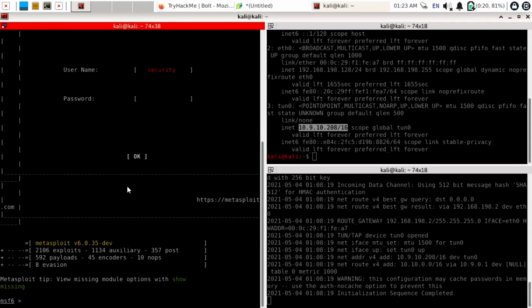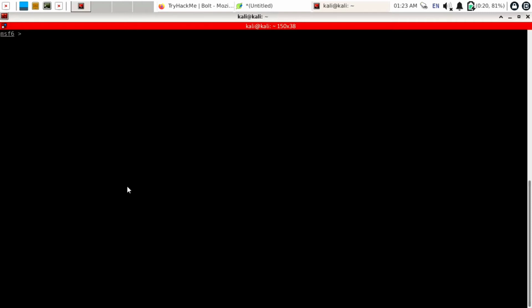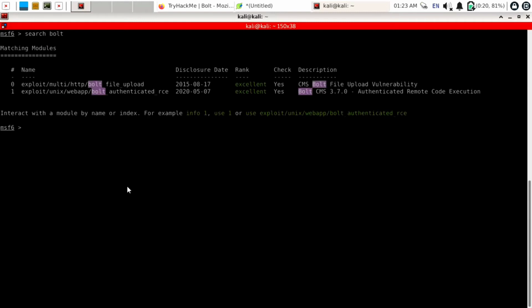To extend this you can use the Ctrl Shift X command. Now to clear the screen you can use Ctrl L, or else you can use the clear command. Here we need to find the exploit of Bolt. So you can simply use the command search bolt. After this you can see there are a total of 2 exploits.